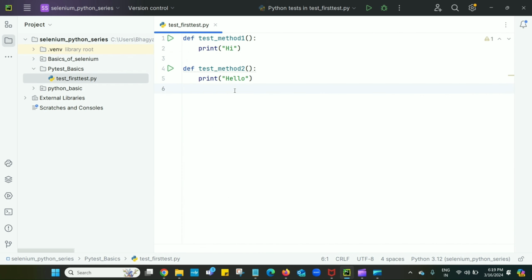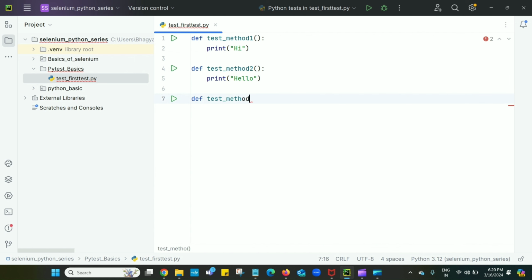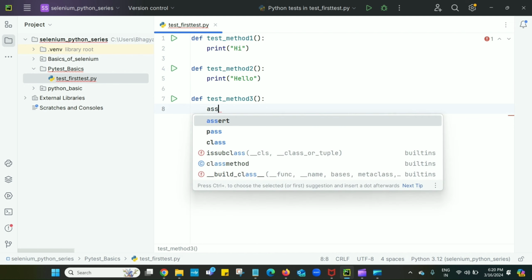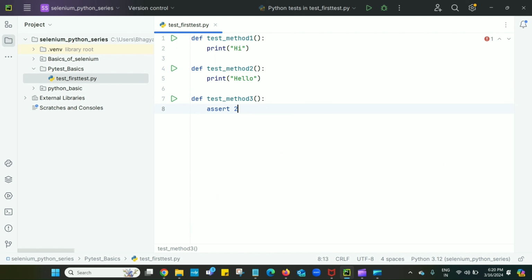Now suppose I define one more method, test underscore method3, and I will fail this method with assert 2 equals 3. I am intentionally failing this method by giving the assertion assert 2 equals 3. 2 is not equal to 3, that's why it will fail.